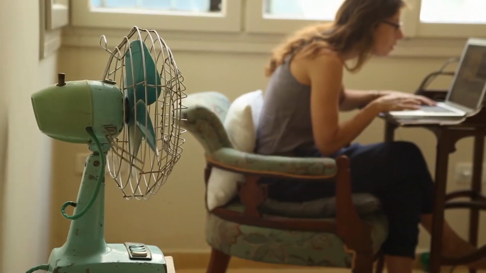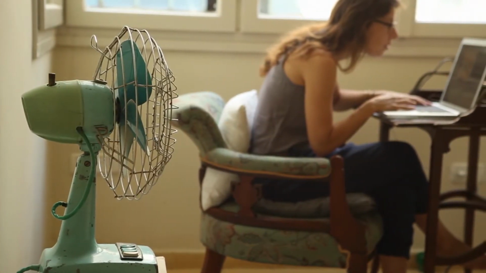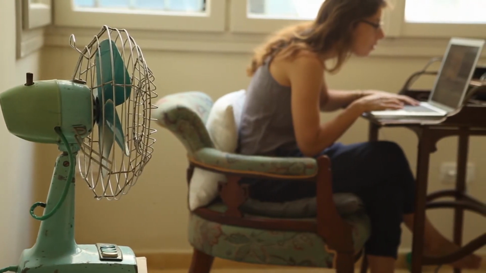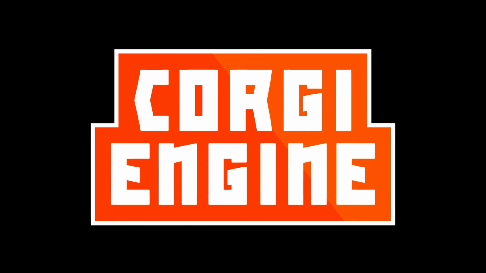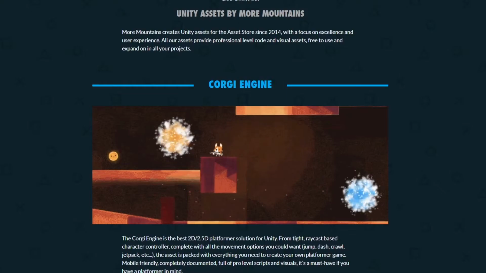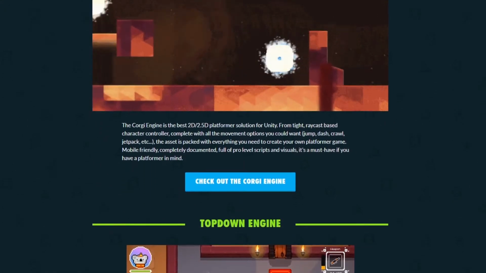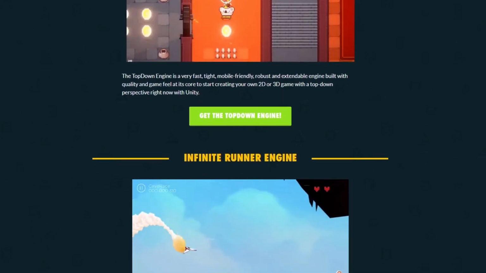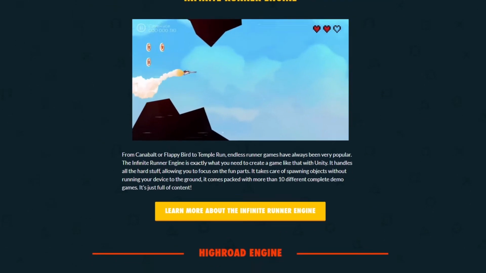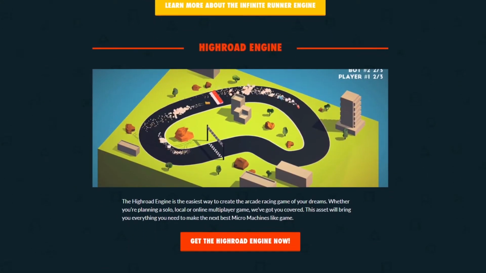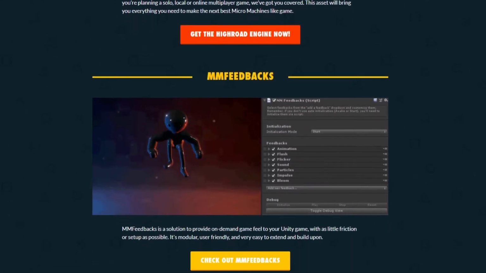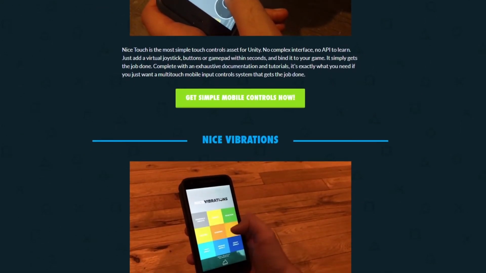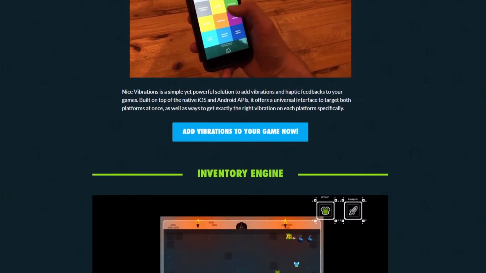You always have to be a master of the fundamentals, and to do that, you should make something that's really basic and really something that people can access. And the Corgi Engine is a good example. If you want to make just a simple 30-level platformer and release it to the App Store or Steam or whatever, this is a very good use of time. And remember, you don't have to overthink this. You can literally just download one of these templates and just make something that is good to play and release it. That's all you really have to do if you are going to use a template.